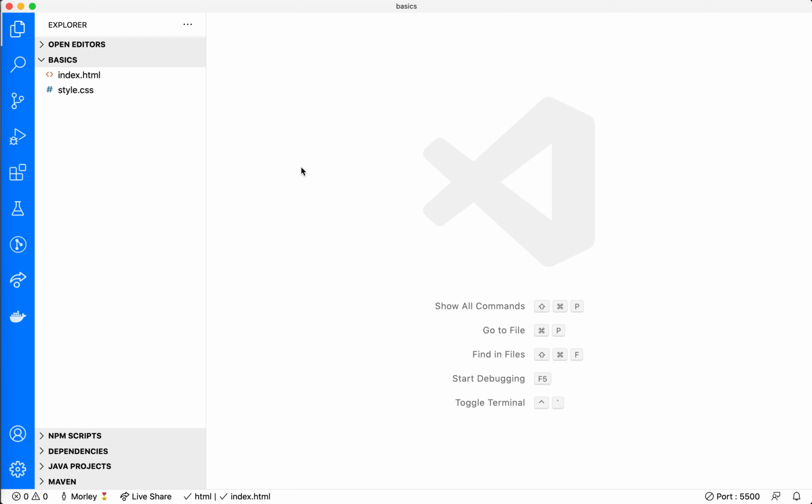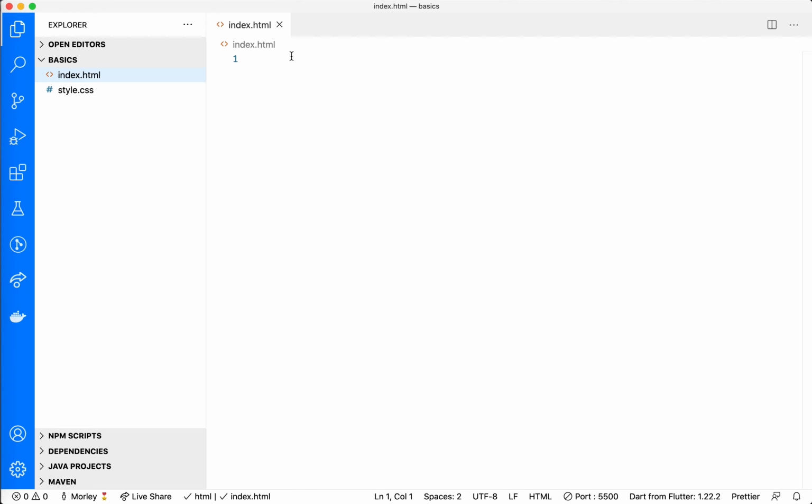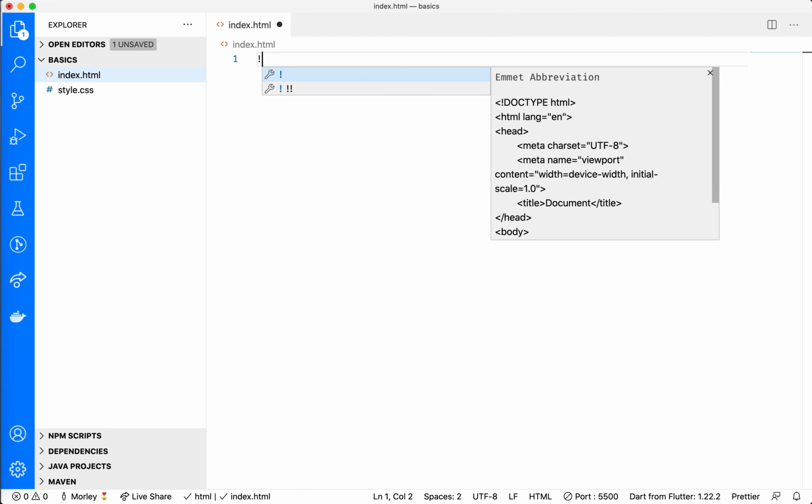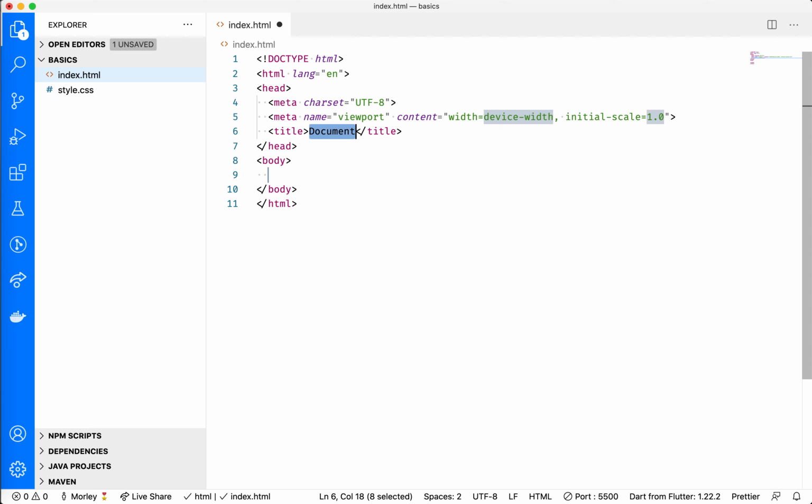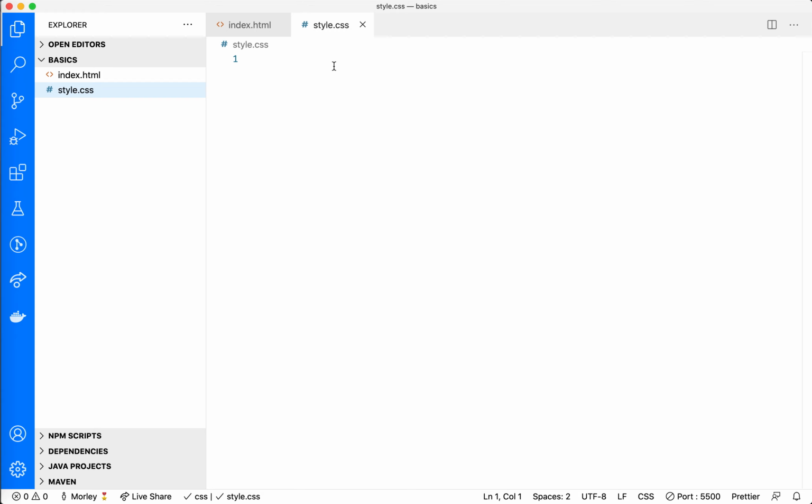In this video, I'm going to introduce the concept of CSS and show you how to actually use it in your HTML. So the first thing that we're going to do is open up this HTML file. I'm going to put some boilerplate inside there. So we'll call this intro to CSS. And I'm also going to have a CSS file here, so let me open that up